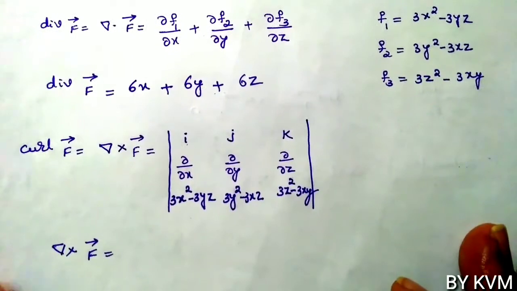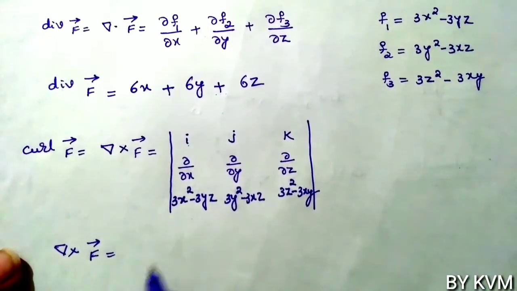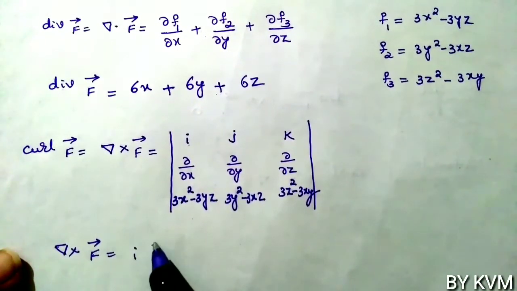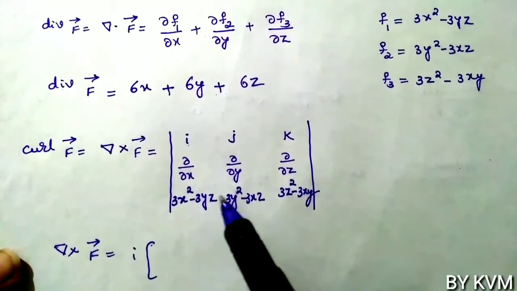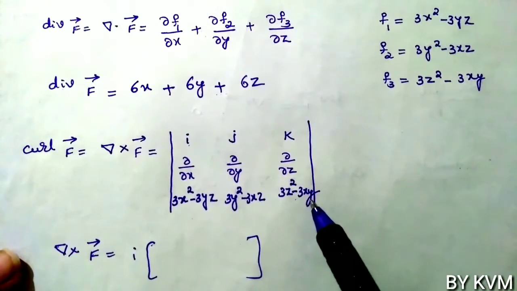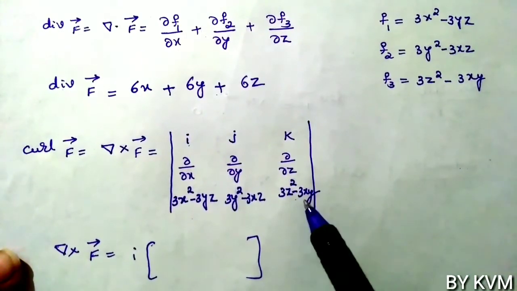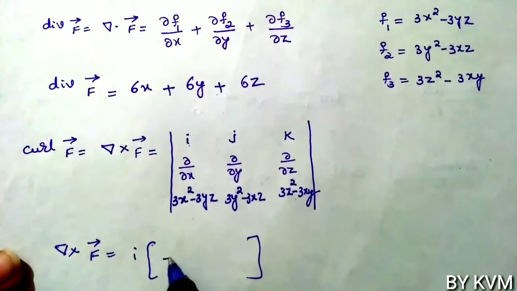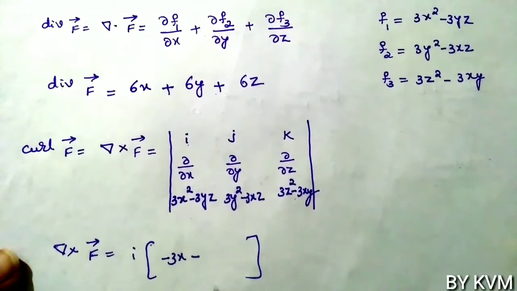So now del cross vector f, i into dou by dou y of 3z square minus 3xy, means x and z are constants. So we get minus 3x minus of